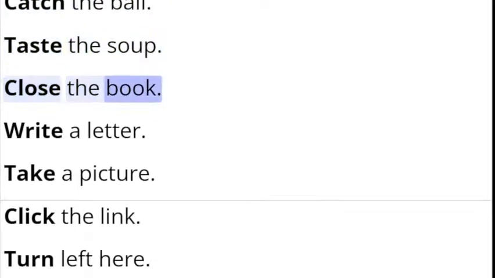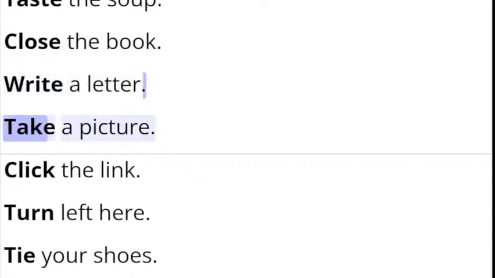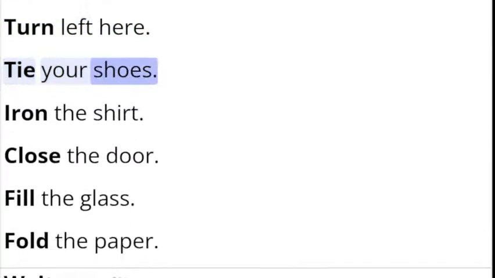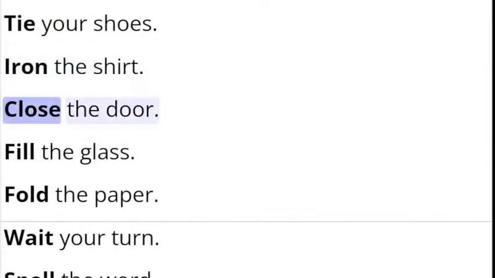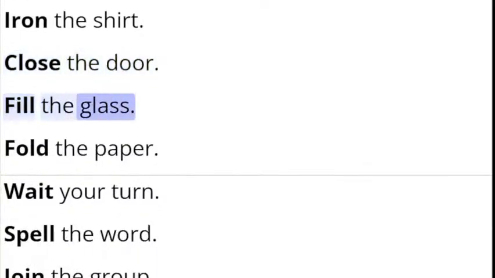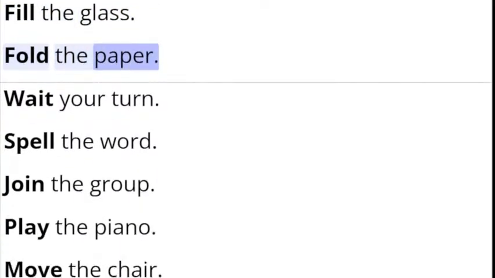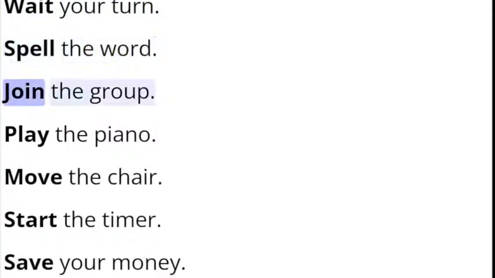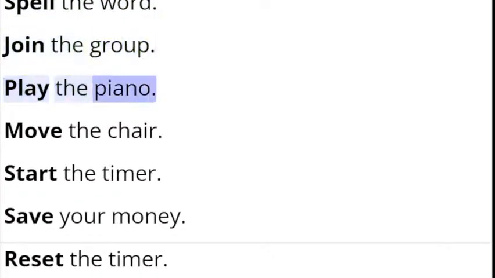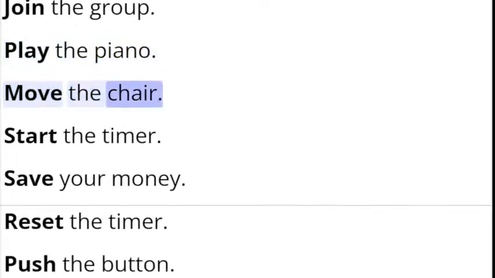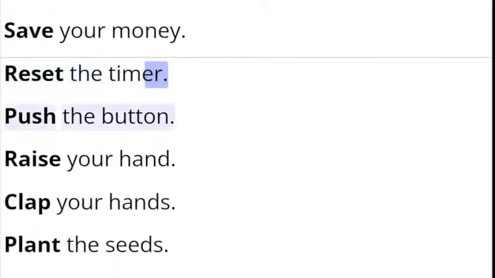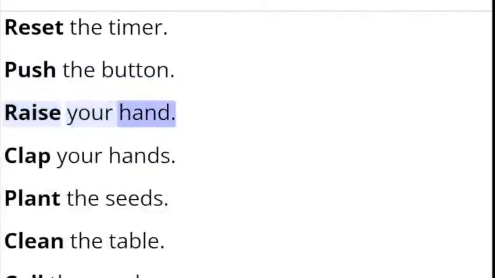close the book, write a letter, take a picture, click the link, turn left here, tie your shoes, iron the shirt, close the door, fill the glass, fold the paper, wait your turn, spell the word, join the group, play the piano, move the chair, start the timer, save your money, reset the timer, push the button, raise your hand,